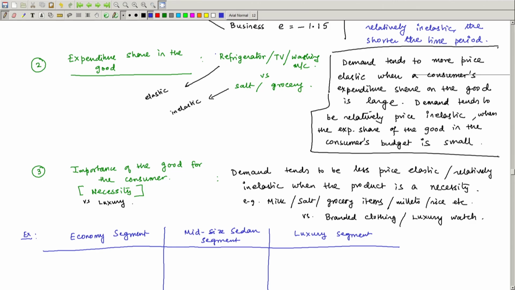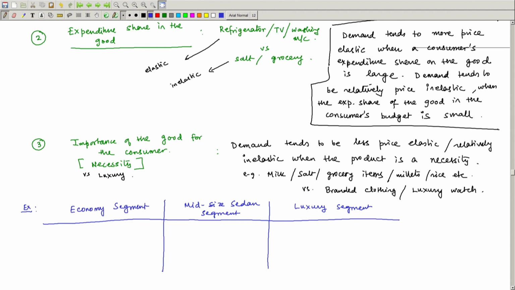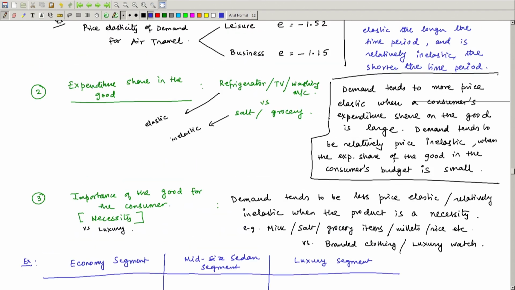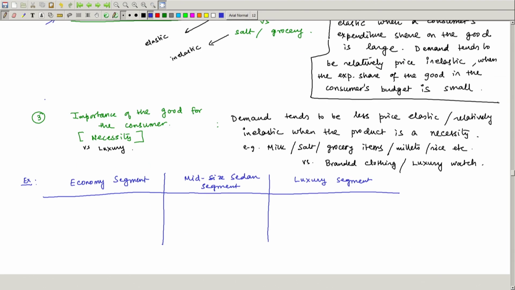But irrespective of whether the car is an economy segment car or a mid-size sedan or a luxury segment, it constitutes a larger share of your budget, right? And because it constitutes a larger share of your budget, I am going to expect the price elasticity of demand to be a number which is bigger than 1, right. So, price elasticity, irrespective of which segment it belongs to, the absolute value of E is going to be bigger than 1, because a car